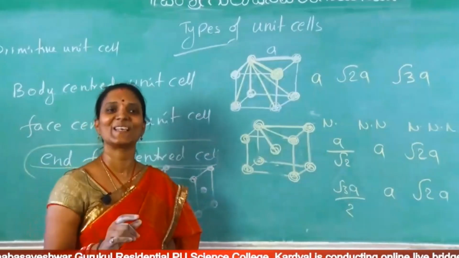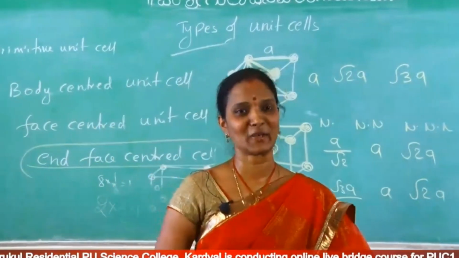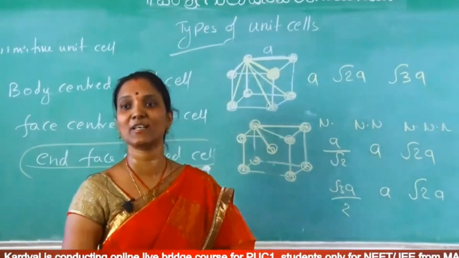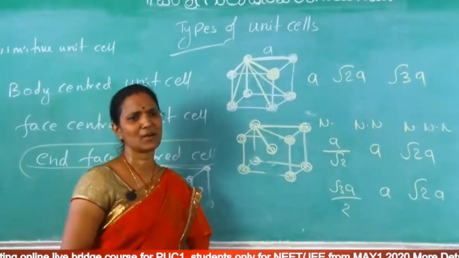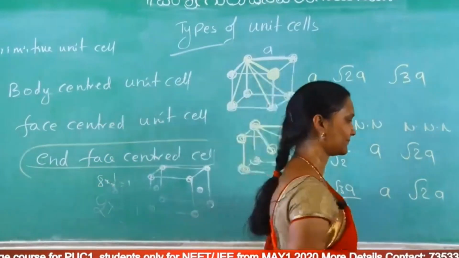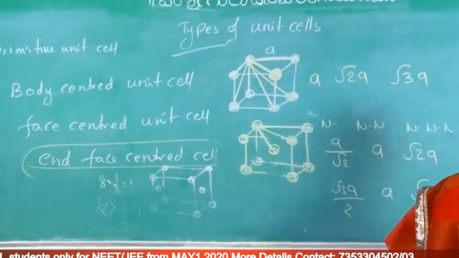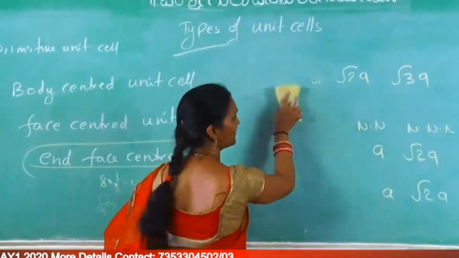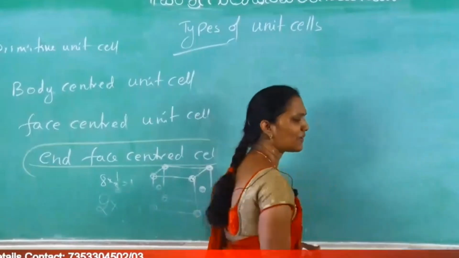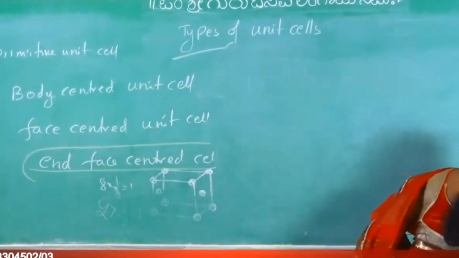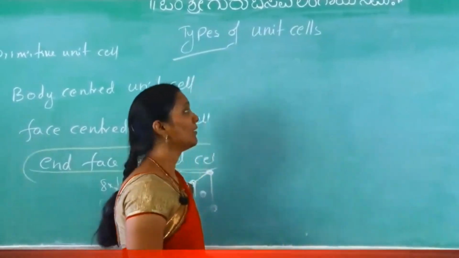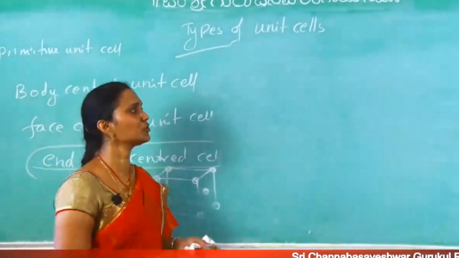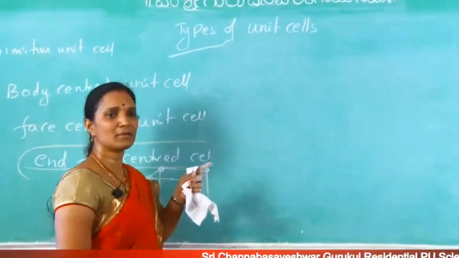Unit cells are not completed. In this unit cell, we still have to see how to find the coordination number and how to calculate the packing efficiency. What is the coordination number and what is the packing efficiency? I am giving just one packing efficiency, the remaining two you try. Anyhow, in today's notes I have given the complete packing efficiency calculation. The remaining two, nothing but primitive, I am going to explain. Body center and face center you should try. Tomorrow I will explain that again. Tomorrow's episode: packing fraction calculation.